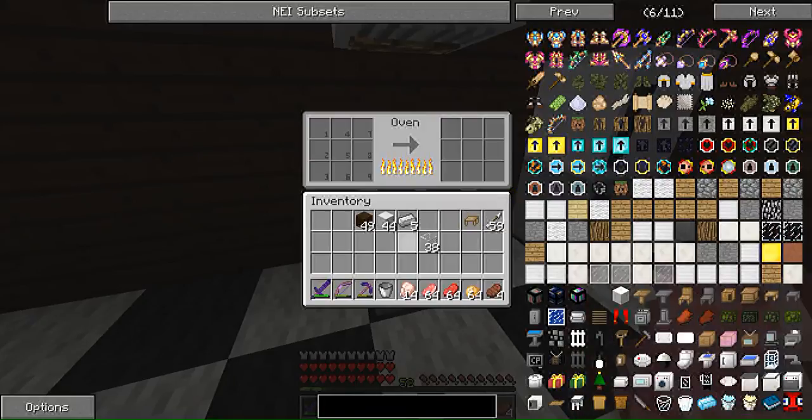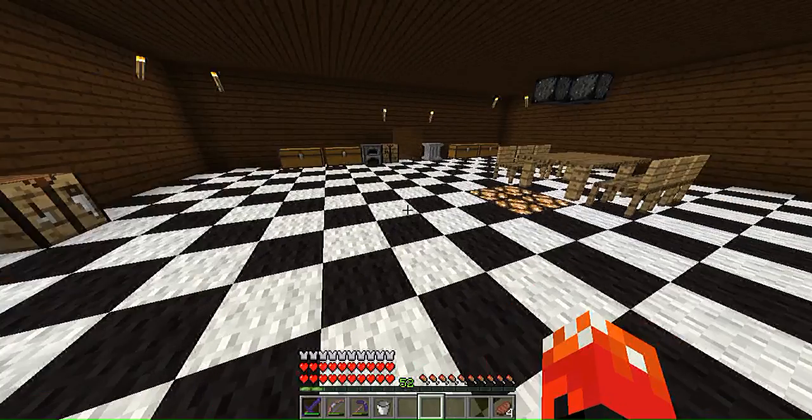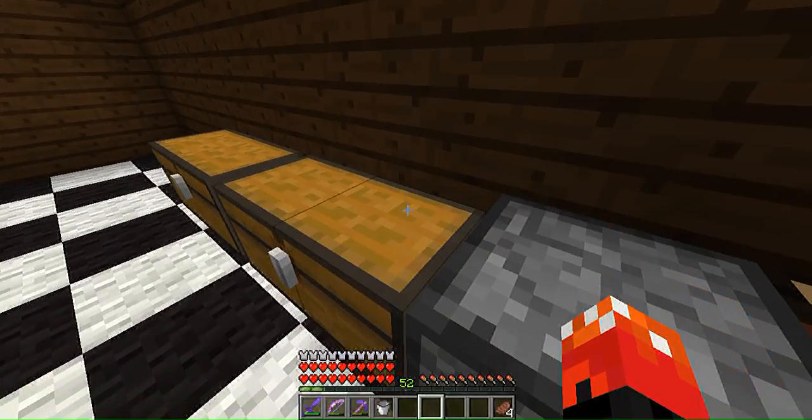And if we go over and put it in our oven here, you can see it does take a while to cook. But on the other hand, it doesn't use fuel, which is super handy. And you can just put all your items in there and it will cook a lot. So tell you what, let's go get...